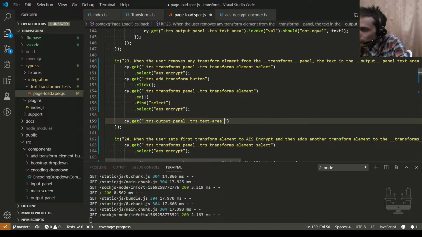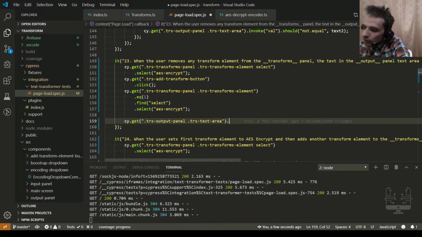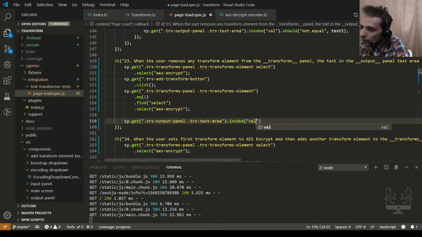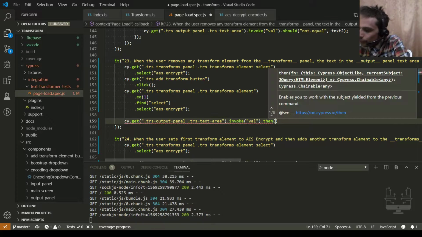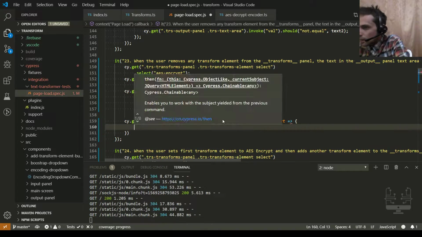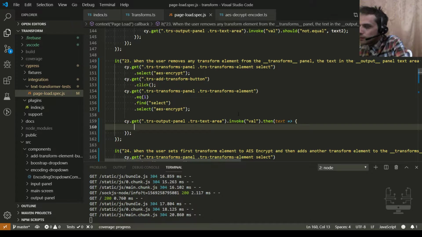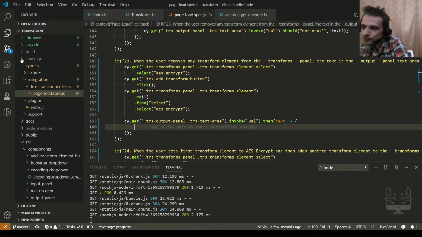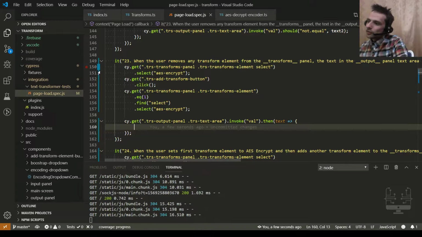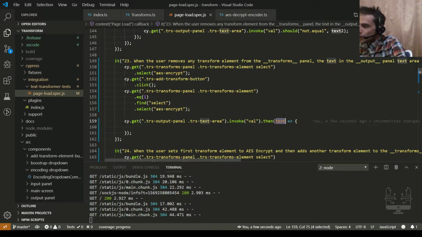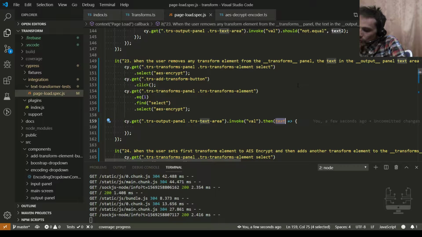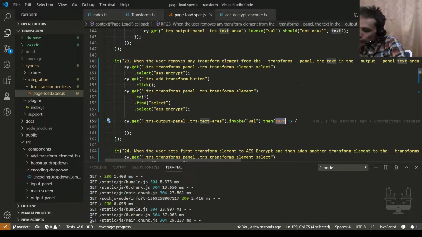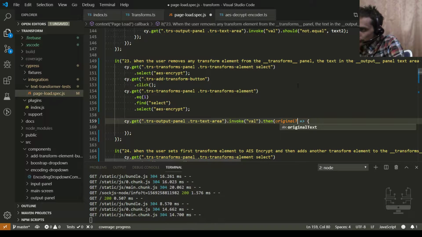Oh, TRS Output Panel is already here. Right, so now we do invoke val to get the current value. Now we got this, we can call this original text.